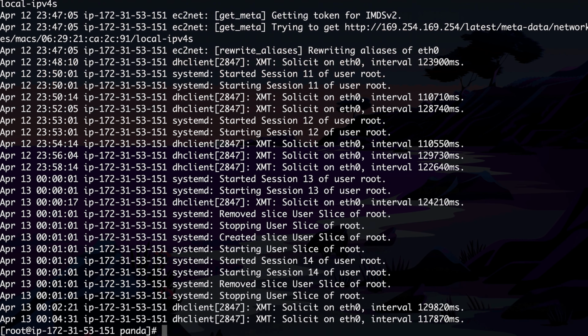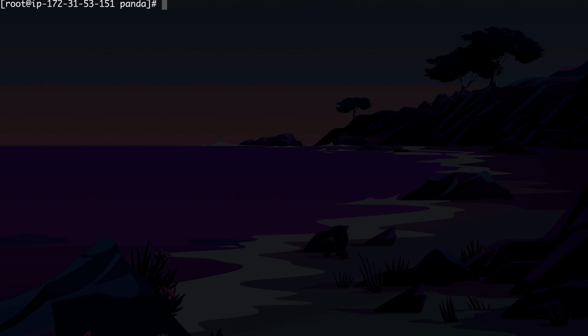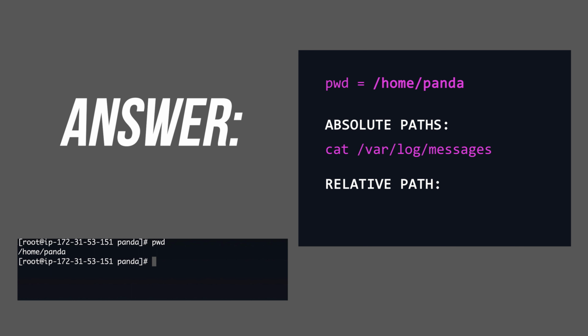And I do see a lot of content here. Now let me clear the screen. And how do I access it with relative path now? So it will be cat ../../var/log/messages. Why? Because one dot dot is going to take me to home.